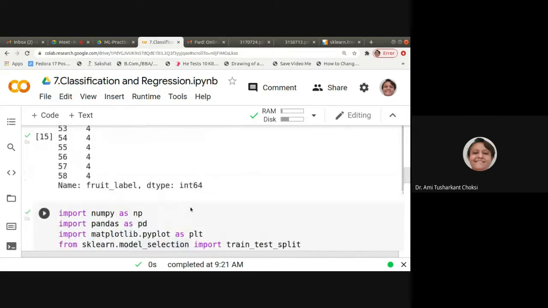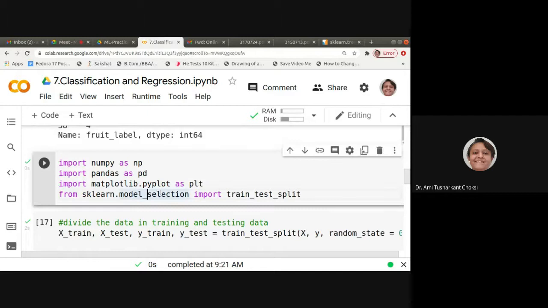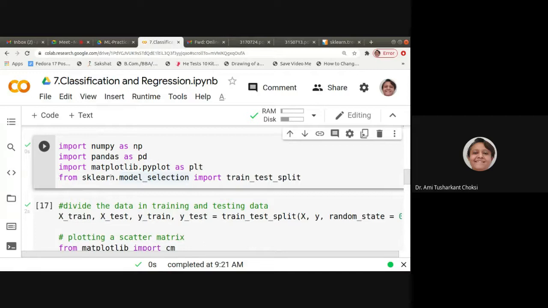What we want to have now is our train_test_split. With that, we'll have our training data and testing data. So let us run this, because these are the libraries which are being imported. This is a must, because this is what we are doing: train_test_split.